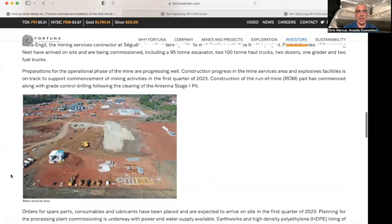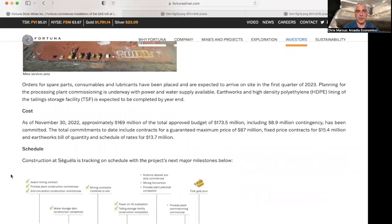Following the clearing of the Antenna stage 1 pit, the orders for spare parts, consumables, and lubricants have been placed, expected to arrive on site in the first quarter of 2023. And the earthworks and high-density polyethylene lining of the tailings storage facility is expected to be completed by the end